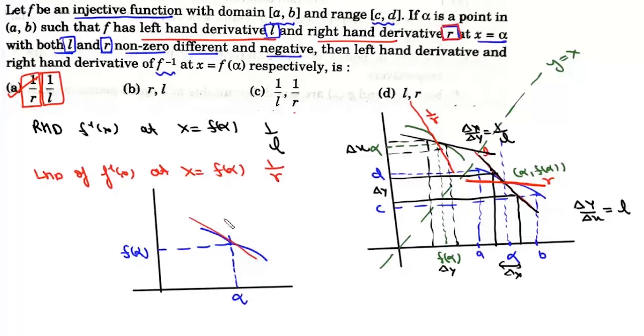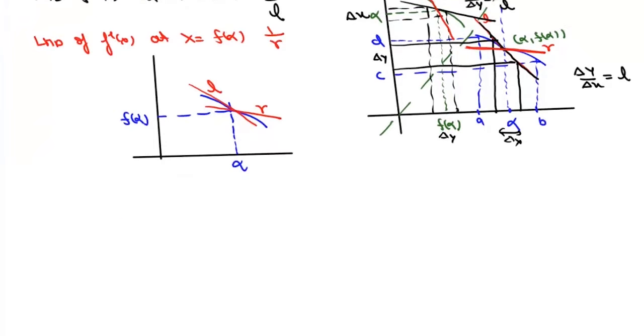Left hand derivative at alpha is L, and right hand derivative at alpha is R. Now for this function, we clearly know that it is a decreasing function, which means f alpha minus h is greater than f alpha and will be greater than f alpha plus h. Now left hand derivative at alpha,